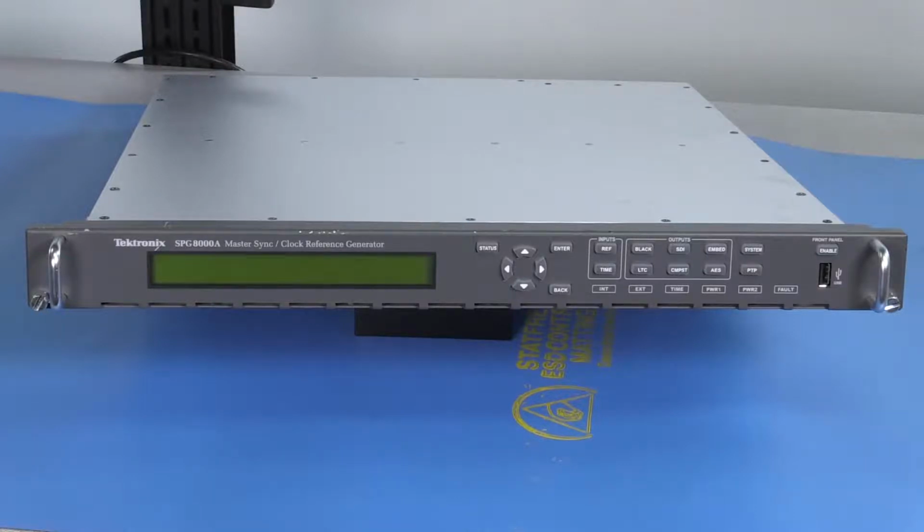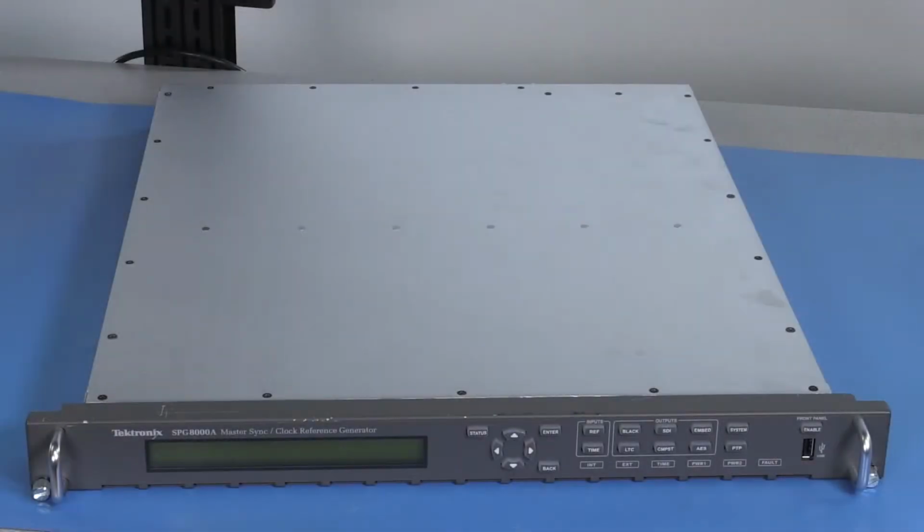This video will explain how to replace the GPS receiver module on an SPG8000 or SPG8000A sync pulse generator. To perform this procedure, it's useful to have a low static environment to protect the instrument. If possible, wear a static jacket or use a wrist strap when you get to the point where the instrument